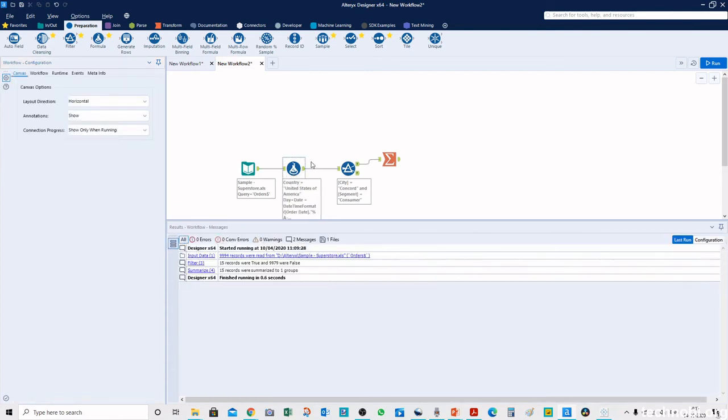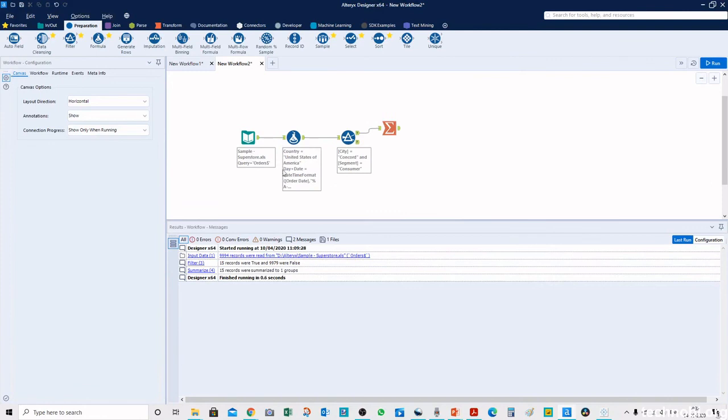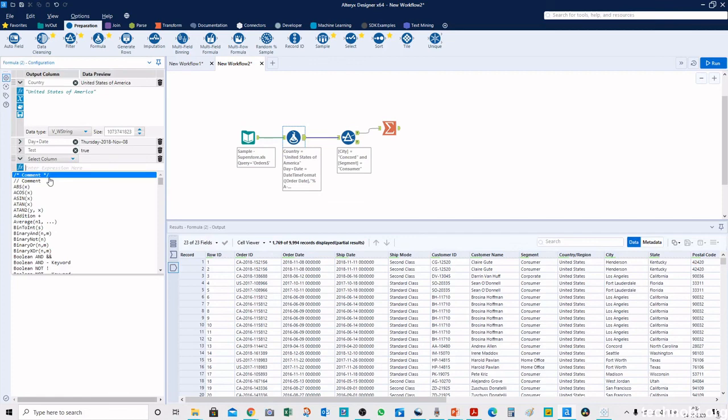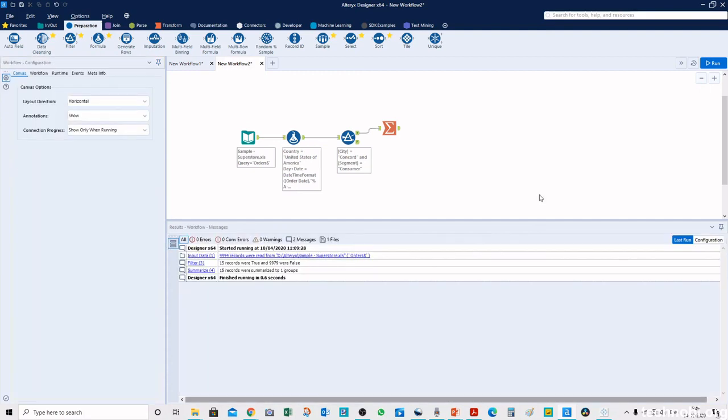This error is gone. If you want to know what all functions are available in the formula tool, we can click inside this expression window and press Control Spacebar, and it will show all the functions that are available. Then we can mouse over and see a brief description of that function. So these are some of the ways the formula tool, filter tool, and summarize tool can be used while creating the workflow in Alteryx. And as you become more experienced, you will explore more and better ways to use these tools while designing your workflow. Thanks for watching, friends.